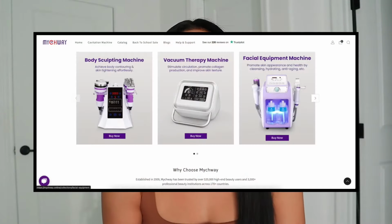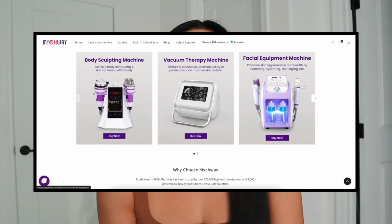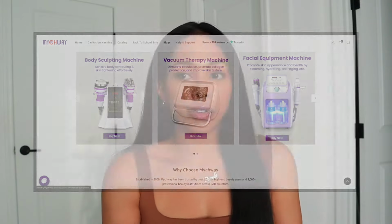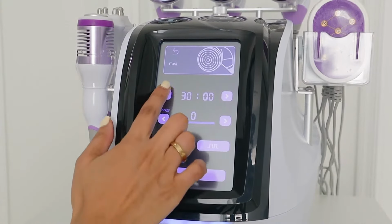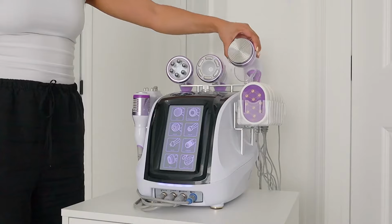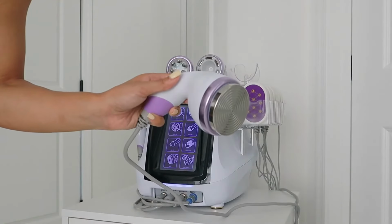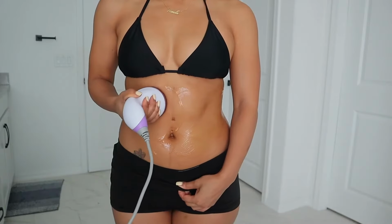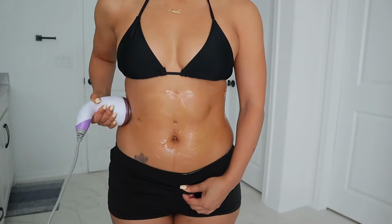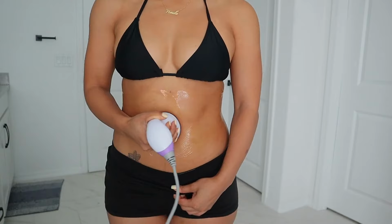machine from Mychway online, which is the same company that sent me the last machine that I've used. Start off using the cavitation head. This is going to break down all of your fat cells. I will use it for the maximum amount of time that you're supposed to use it for, which is 30 minutes. I kind of go in a slower motion with this so that it can effectively zap every fat cell